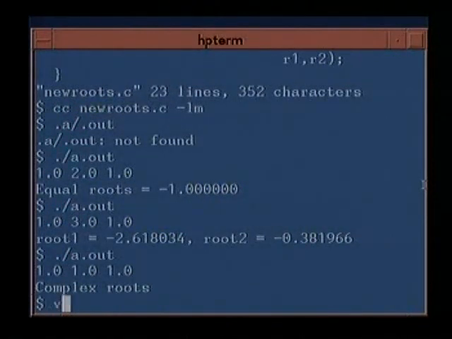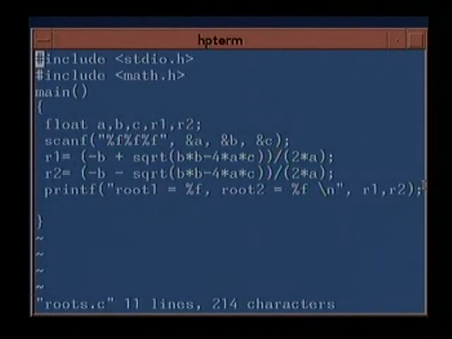Another point I would like to raise, let us go back to the original roots program. It's a very simple issue, but I would like to raise this issue right at this point so that we remember it as we go ahead. Here, in computing the two statements, I have done this square rooting twice. I have done this b square minus 4ac twice, I have computed twice a twice, 2 star a, and this is going to put in more effort, and obviously it is going to take more time to do this computation because we are repeating computation.